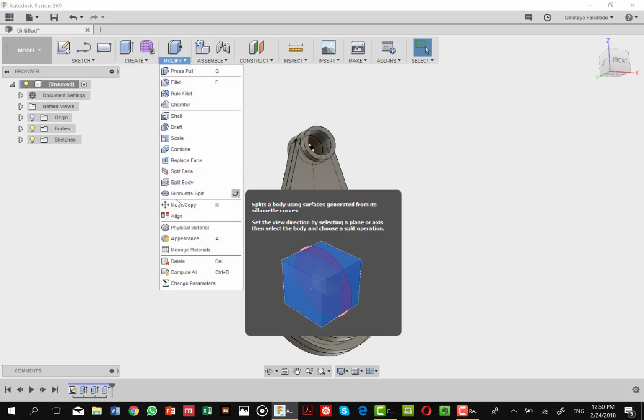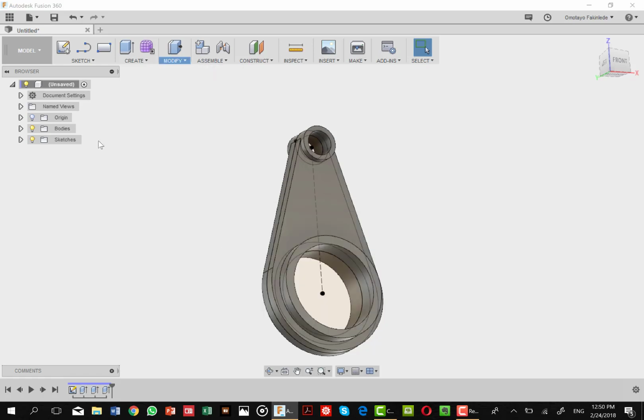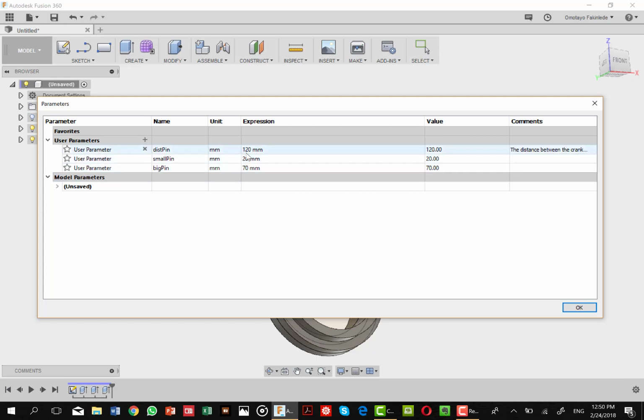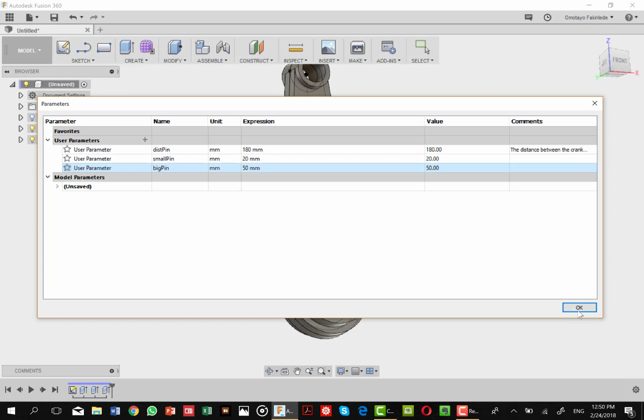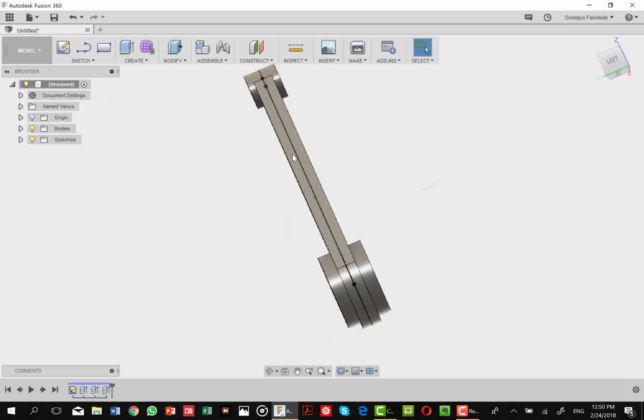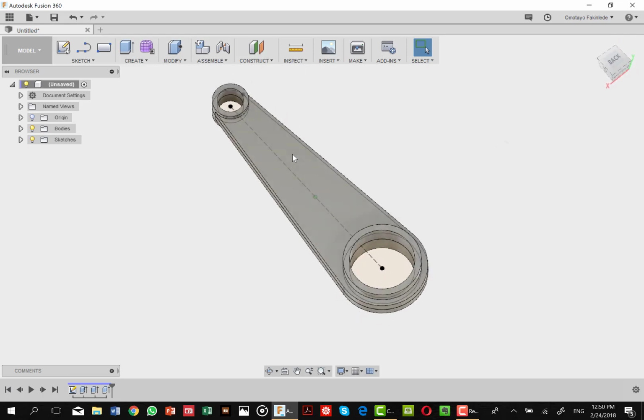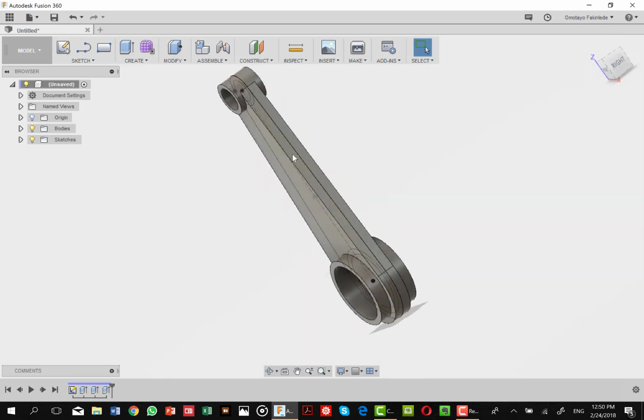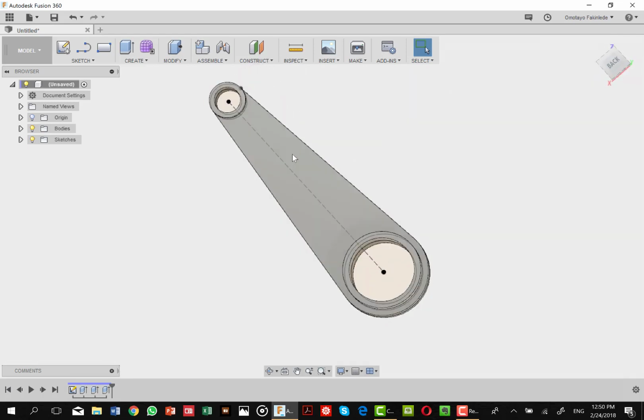Now modify, change parameters back to what we had before. So this one becomes 180, and this one becomes 50. The change back is instantaneous, and that is our simple example of a parameterized connecting rod.